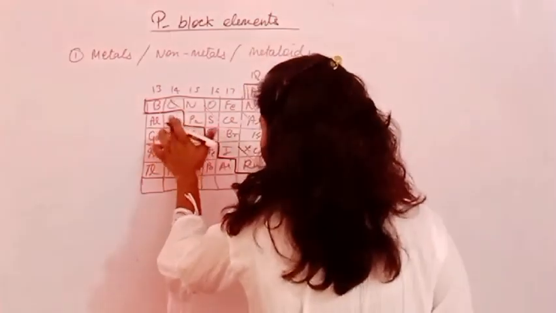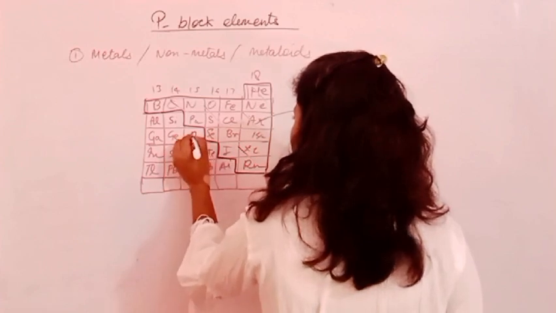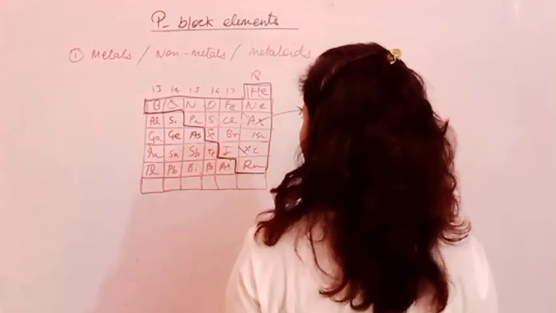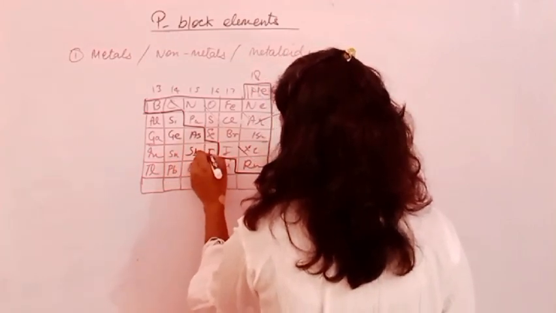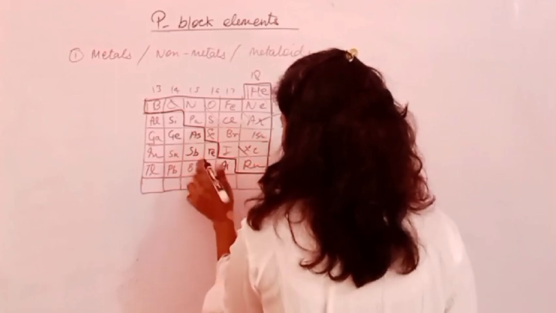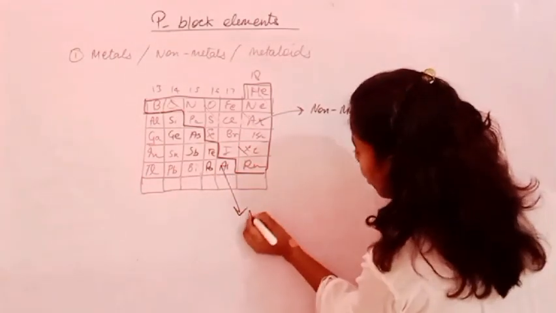Now I am erasing it and again writing with black. ठीक है, अब जितने भी मैंने ब्लैक से लिखे हुए हैं डायरेक्टली, that are for your metalloids,